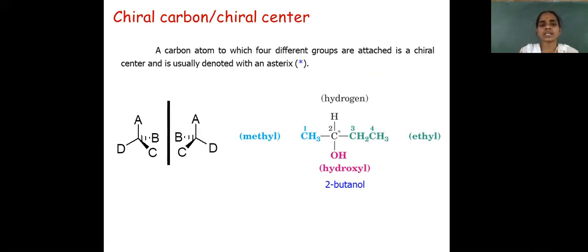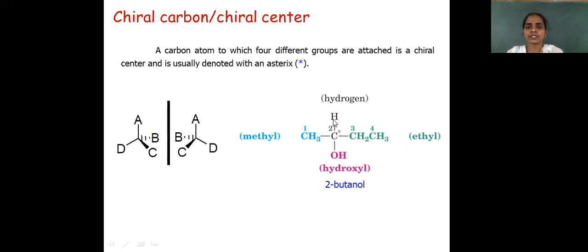So chiral carbon, as we know, what is meant by chiral carbon and chirality? When the carbon is attached to 4 different groups, such a center is called a chiral carbon, which is represented with an asterisk. This is the point where it is attached to 4 different groups, and the second is the mirror image of the first one. The best example is 2-butanol, which is attached to 4 different groups.